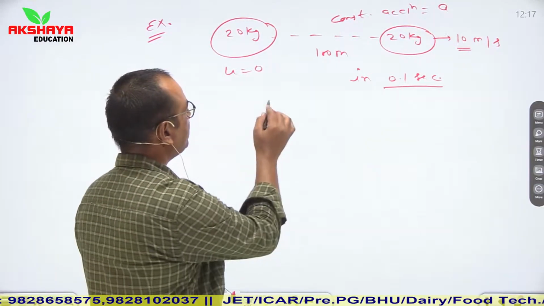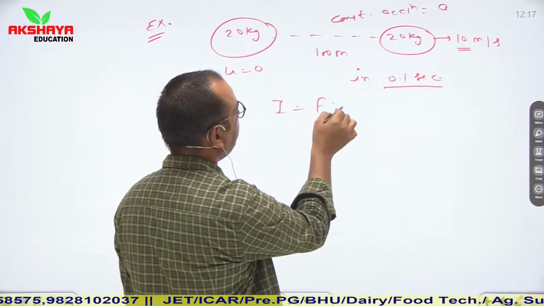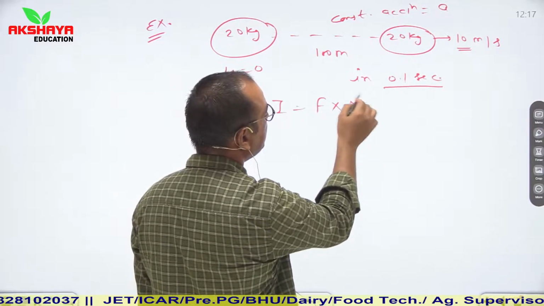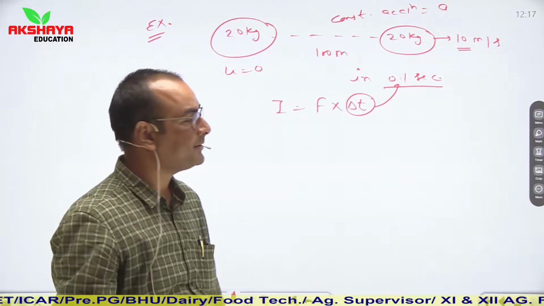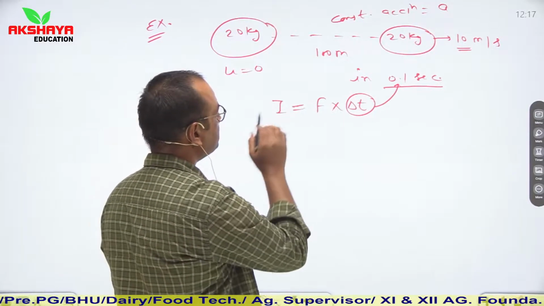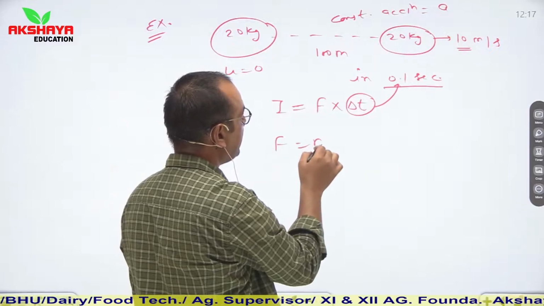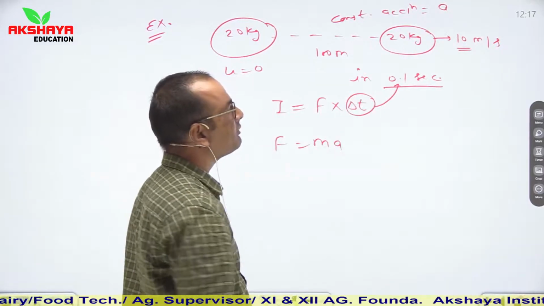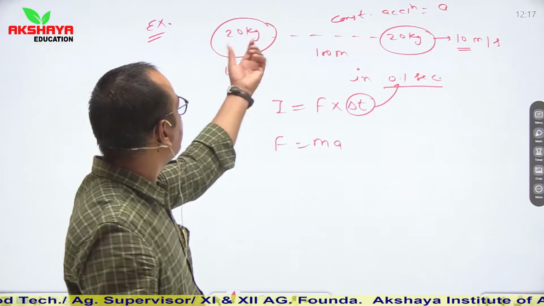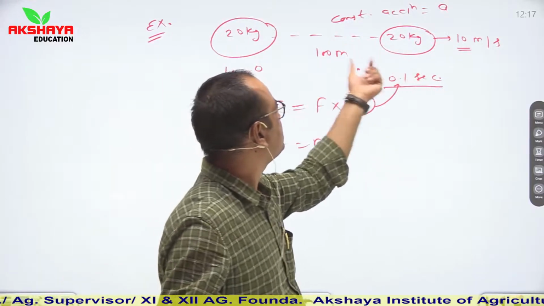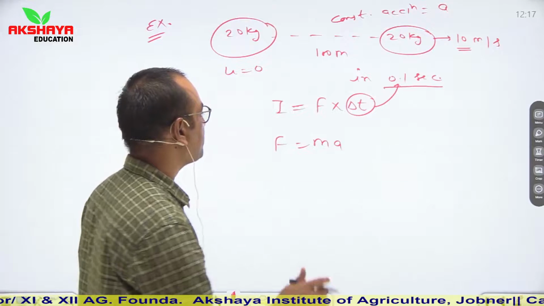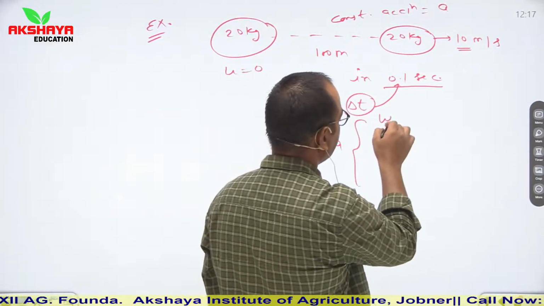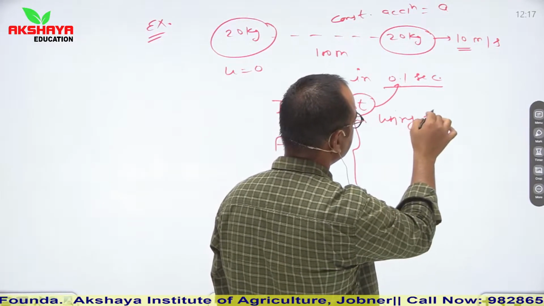So we know that I is equal to F into del t. This del t is 0.1 second, but we have to calculate force applied. So calculate force. F is equal to ma. A is not given to us. We know the value of initial velocity, final velocity, displacement and acceleration. So using third equation of motion,